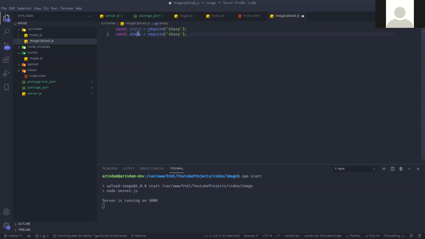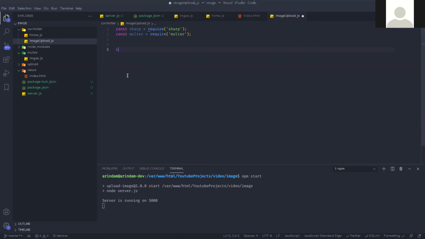Another is Multer. For Multer, when the images come to Multer, first we will store those images in memory storage, dynamically. Then from that memory storage, we will resize and upload them. Basically the processing will happen with Sharp, but first we need to hold those images, so for that we are using Multer.